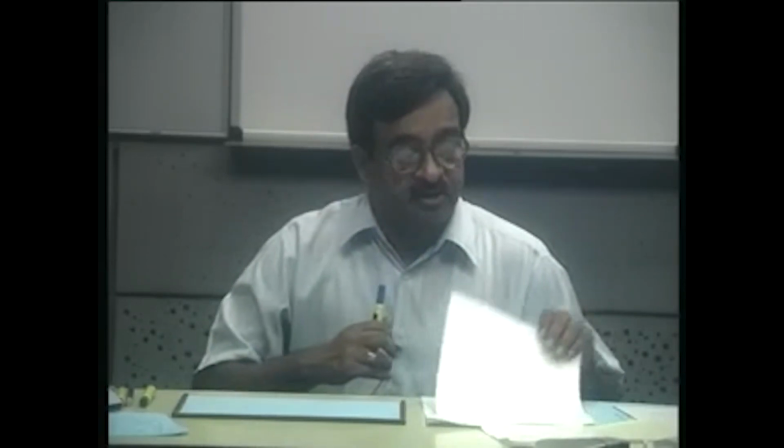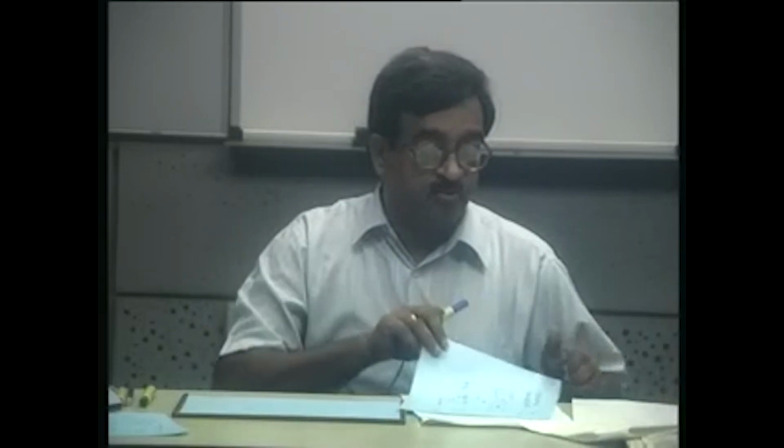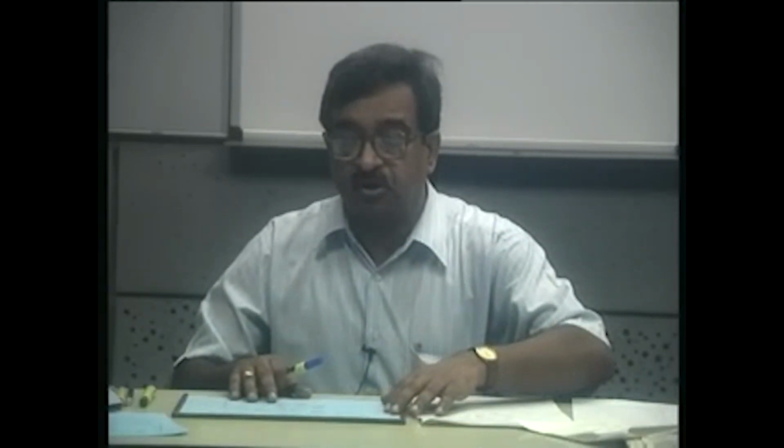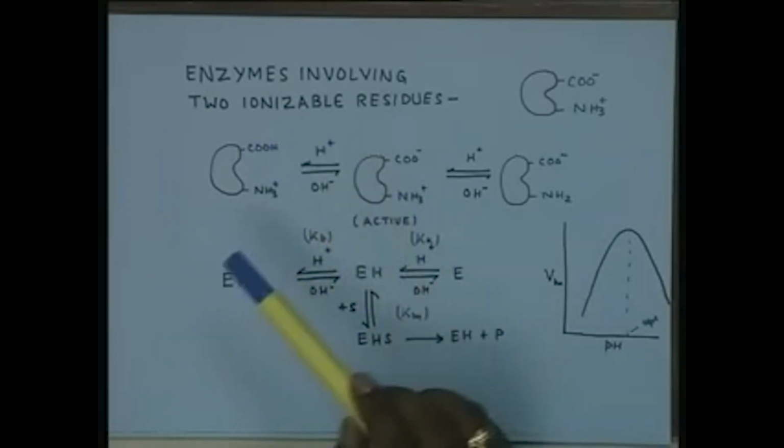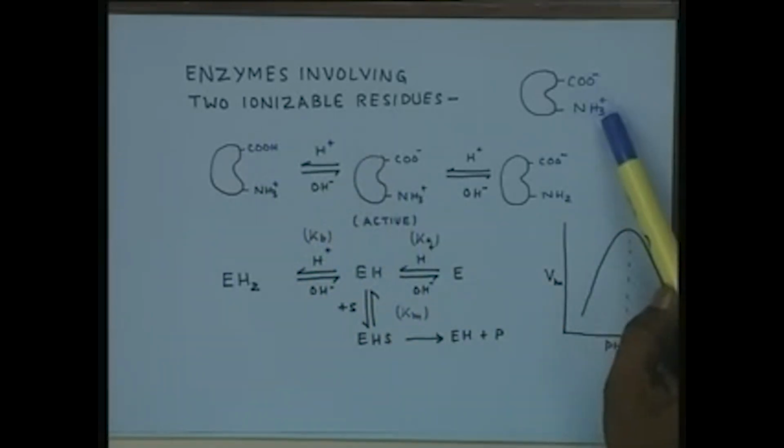It is only to appreciate and understand the effect of ionization of the amino acid residue on the reaction rate. But if you take a little more realistic case, which again in many cases may be true, that instead of having one amino acid residue, we have two ionizable residues. There might be more than two amino acid residues involved in the active site, but they may be non-polar. If two ionizable residues are involved, let us say one containing a carboxylic group and one an amino group,